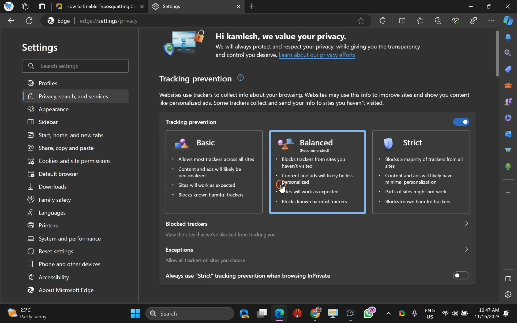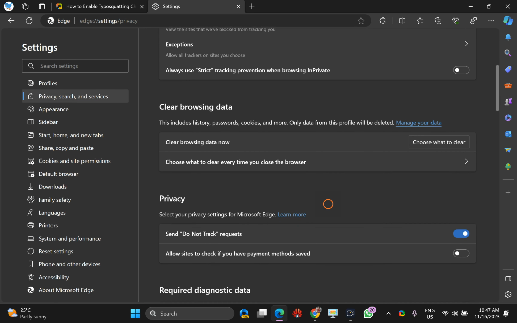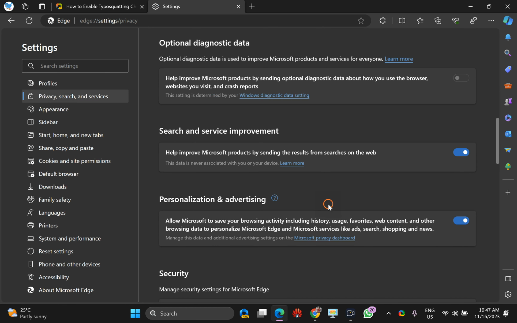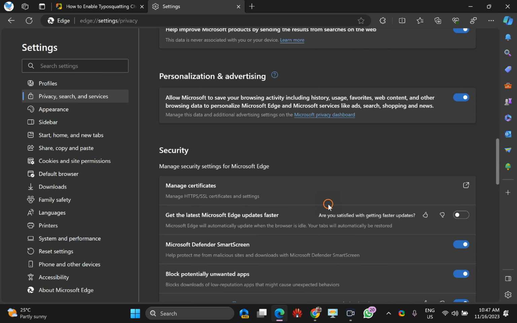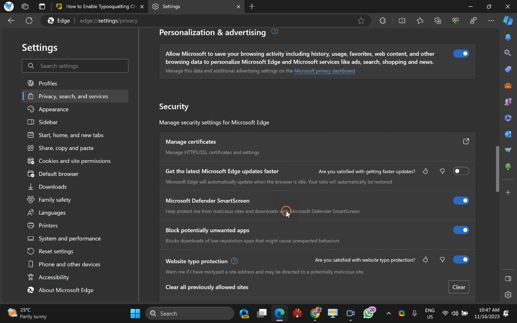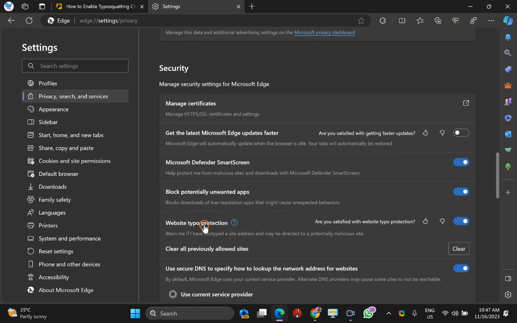Here scroll down on the right side and find website typo protection in the security section. Just enable this feature, turn on this toggle like this, and you are good to go.